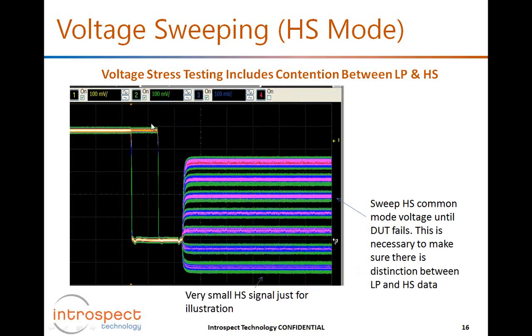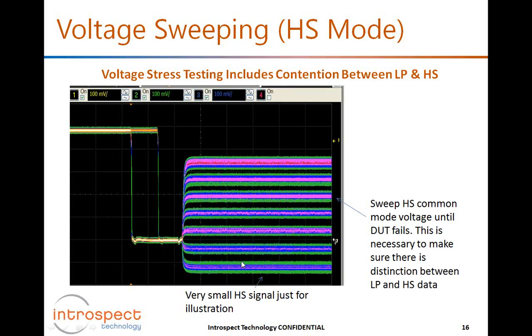Similarly in HS, again, same concept. In realistic system conditions, maybe there is just a ground potential between the transmitter and the receiver, or there is a voltage offset, and so it could be that the common mode voltage on the high-speed section could be too low or too high. So this is the same signal as before: LP high, LP11, LP01, and then LP00, and